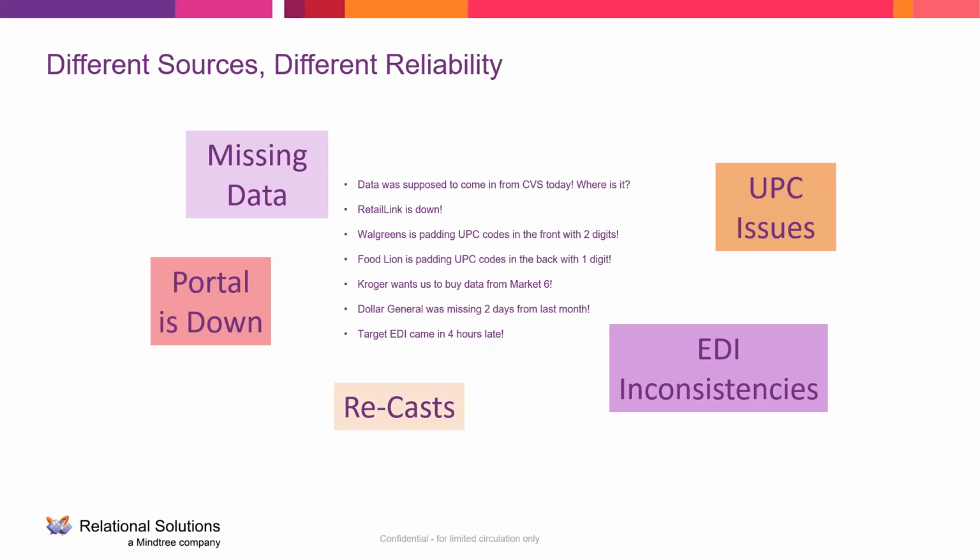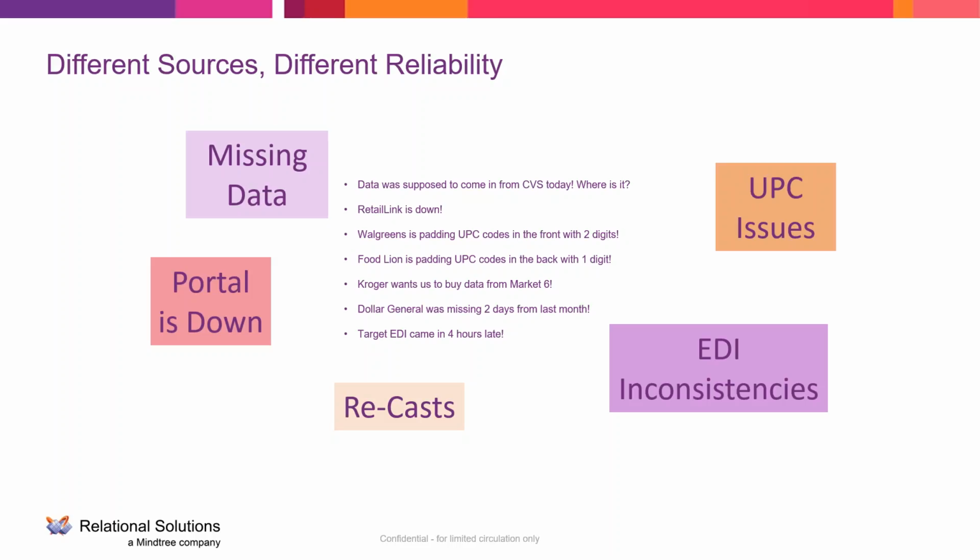There's also different reliability. Different retailers provide different reliability. Sometimes there's missing data. Sometimes the portals are down. Retailers will frequently recast data. Maybe there were 2 days missing from last Wednesday, and they don't discover that for 3 weeks. And then all of a sudden, a month later, they decide to send you that week's data once again. How do your processes know how to recast that data? If you don't have something that's designed in an open architecture way that allows that data to flow through naturally, then an analyst is stuck going back and manually recreating those reports and dealing with all those other problems again that I went through in the last few slides.